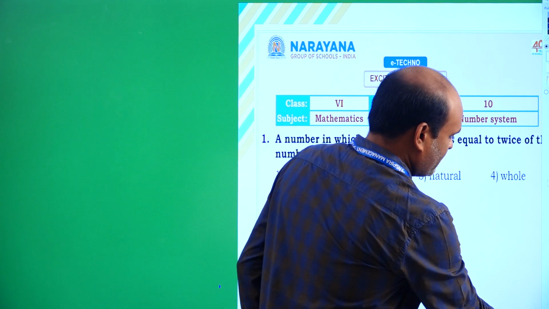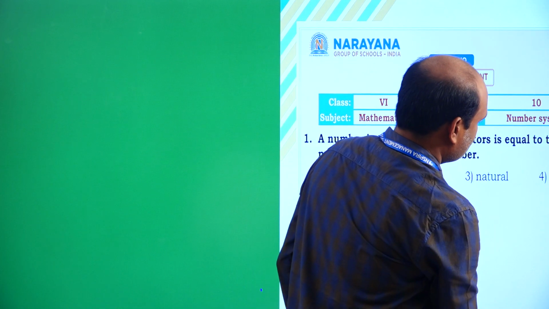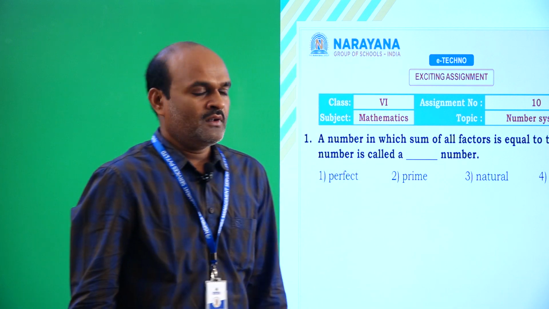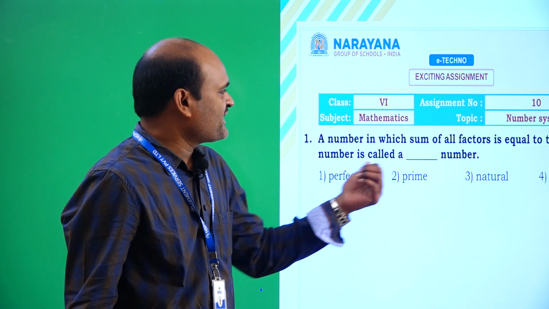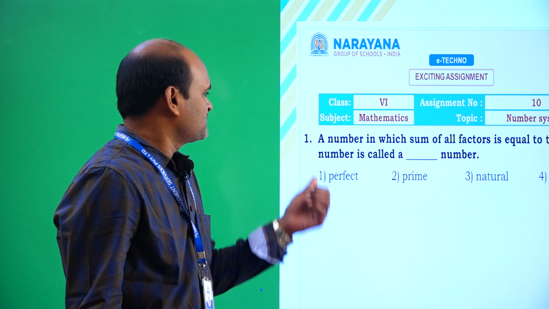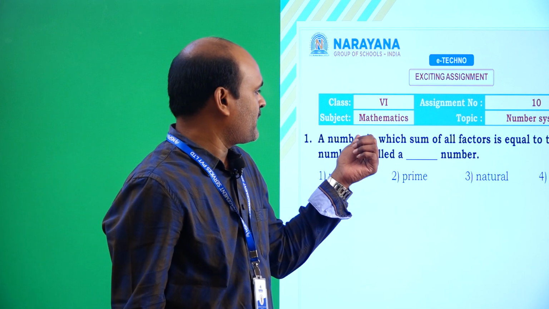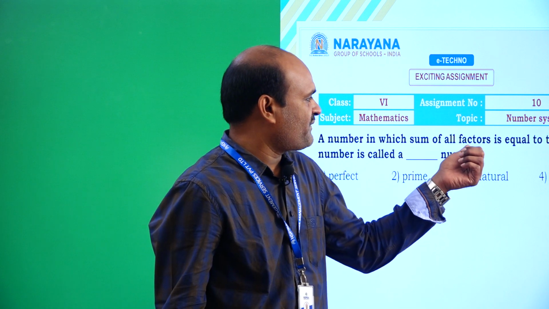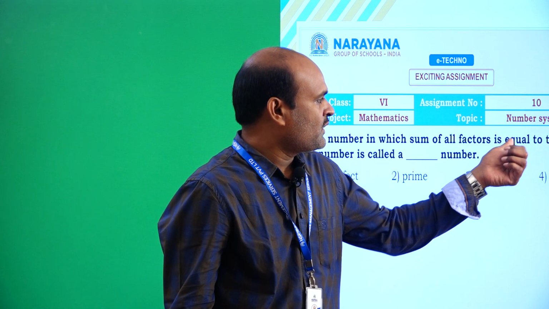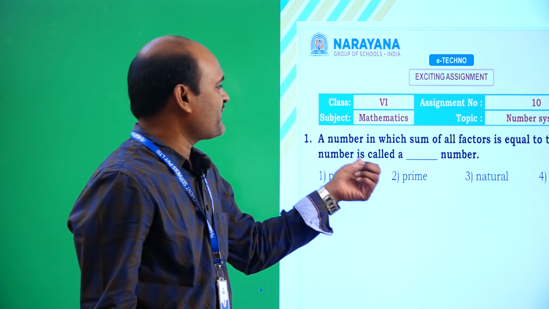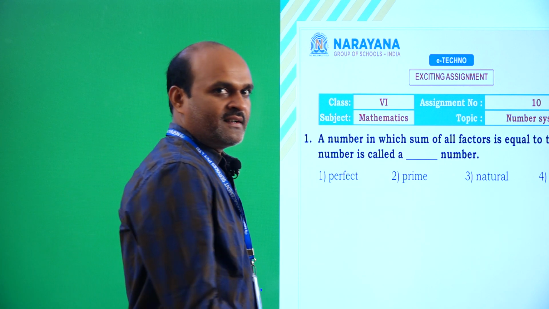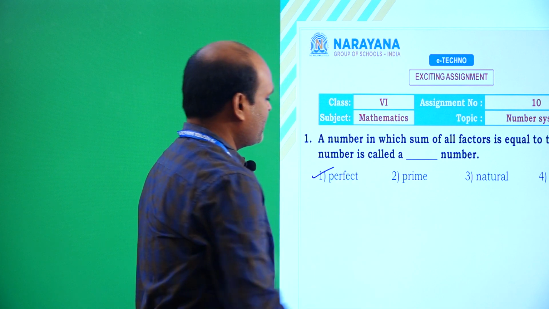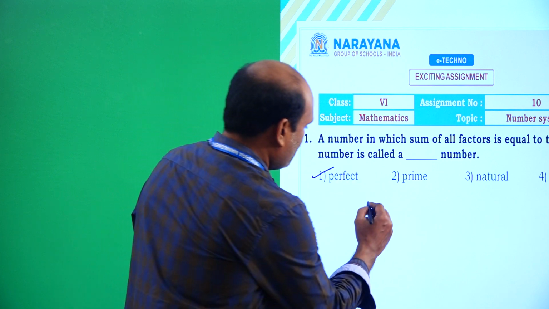So, twice of the number is called dash number. The definition: a number in which sum of all factors is equal to twice of the number is called dash number. That number is called perfect number. For example, if you take 6,